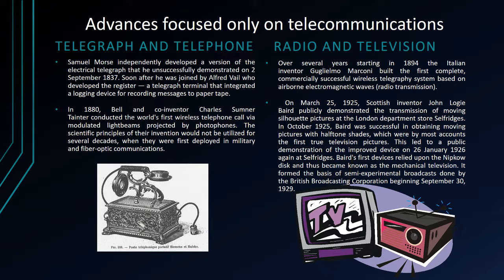In 1880, Bell and co-inventor Charles Sumner Tainter conducted the world's first wireless telephone call by modulated light beams projected by photophones. The scientific principles of their invention would not be utilized for several decades, when they were first deployed in military and fiber optic communications. In radio and television, over several years starting in 1894, the Italian inventor